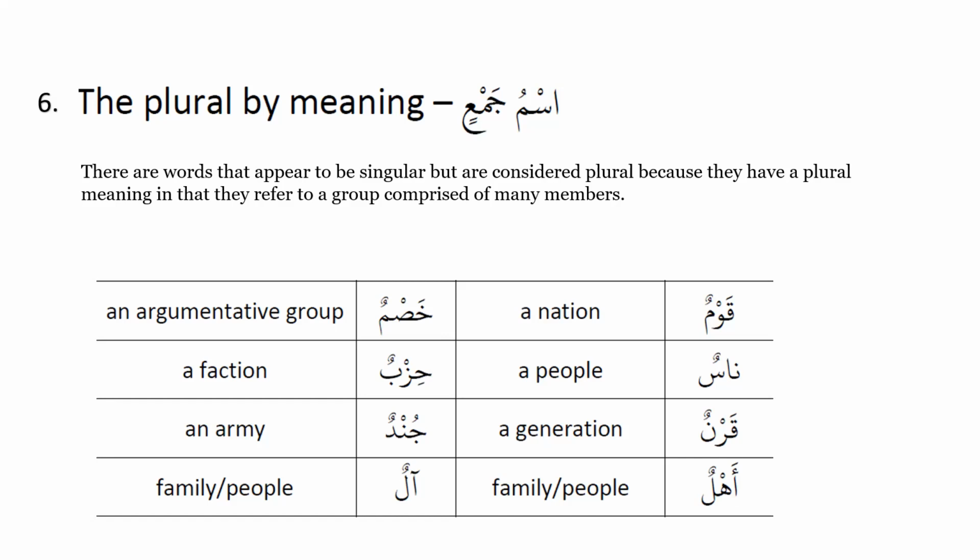So these eight words that we're seeing for this stage, if you just memorize these eight words, these are the ism jam', meaning ism plural by meaning. Qawm means nation. Nas is a very common word, we always see it in the surah. Qarn means generation, which is very similar to nation. Hizbun. Jundun means army. Alun, don't confuse it with our harf al, although they look similar, they are not the same. Alun has a tanween on it.